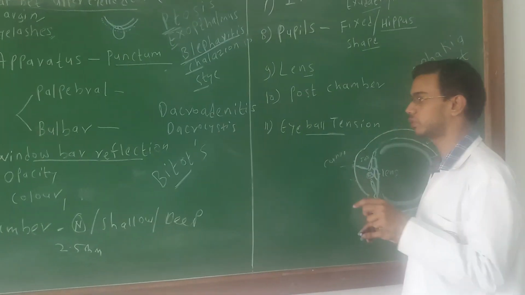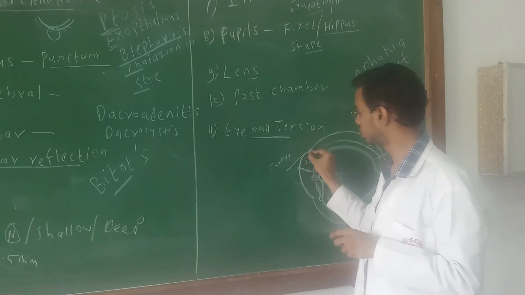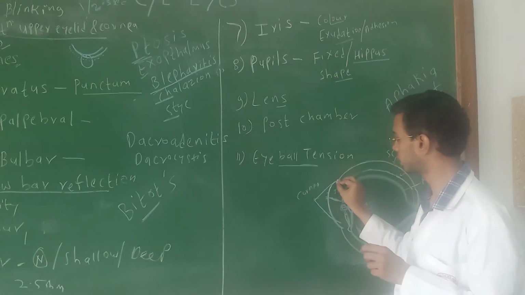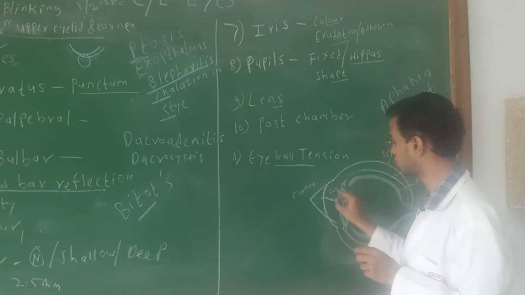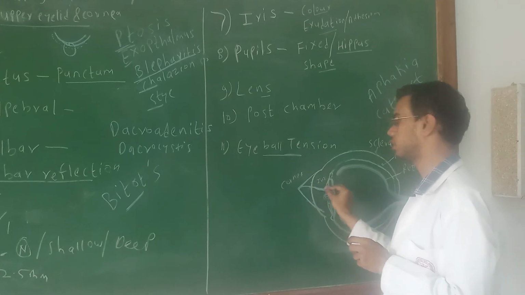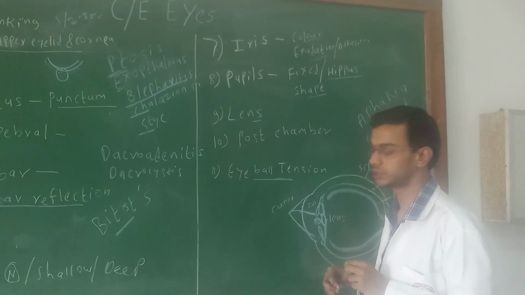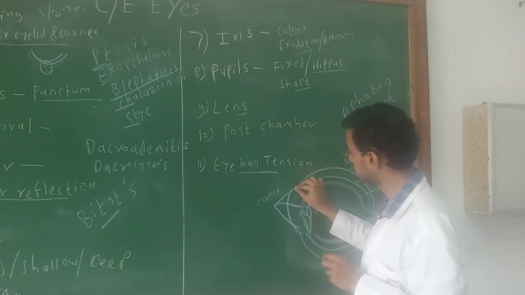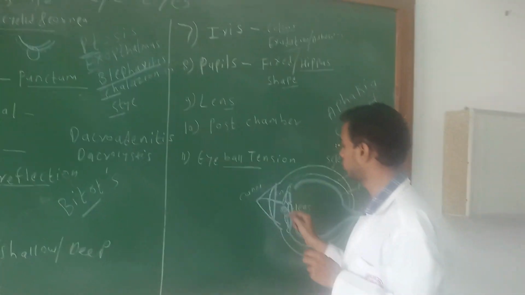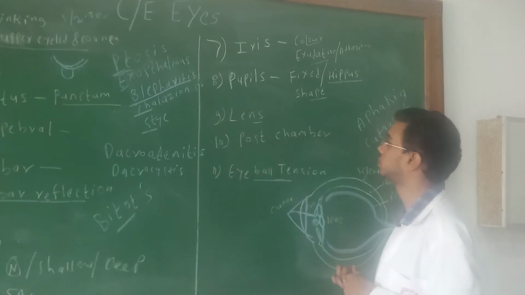You can see a deep anterior chamber if the cornea is abnormal, if the structure of the cornea is abnormal, that is called keratoconus. Okay, that's the shape of the cornea in keratoconus. In that case there is an increased distance between the cornea and the iris. Again, opposite to that, you can see a shallow anterior chamber if the cornea is flat. Okay, if the cornea is flat, in that case we can have a shallow anterior chamber. So this you have to see in the anterior chamber.